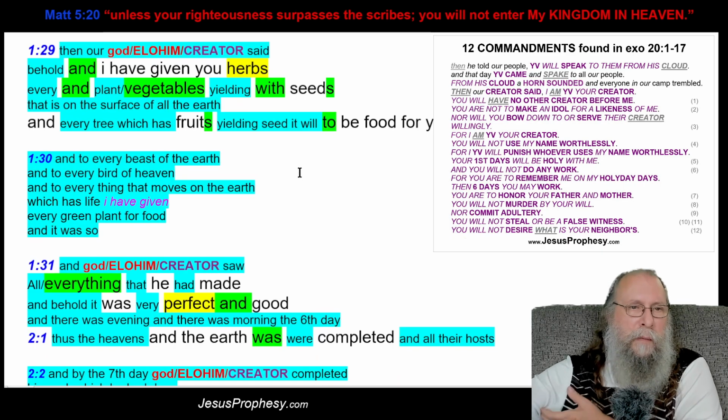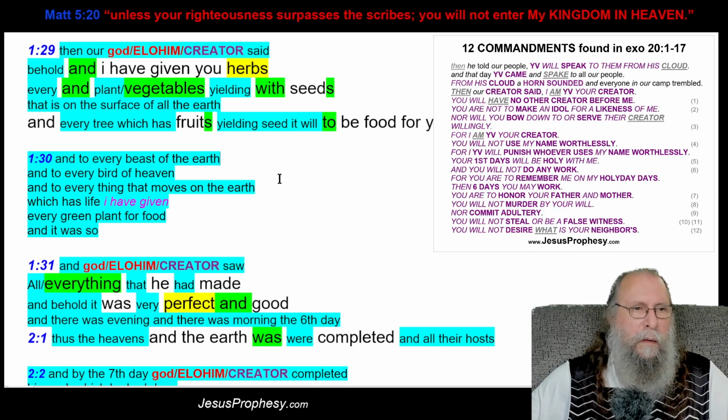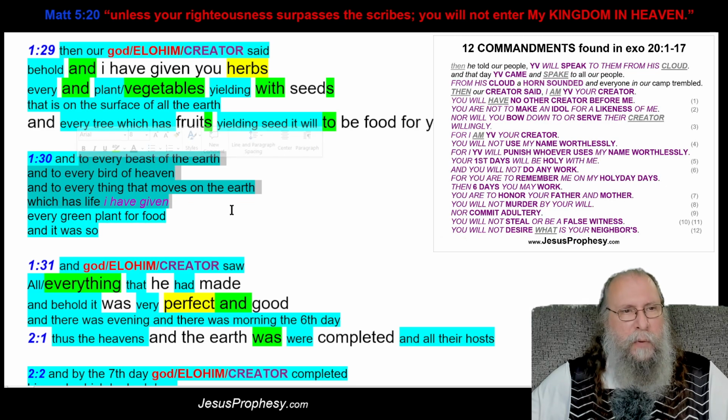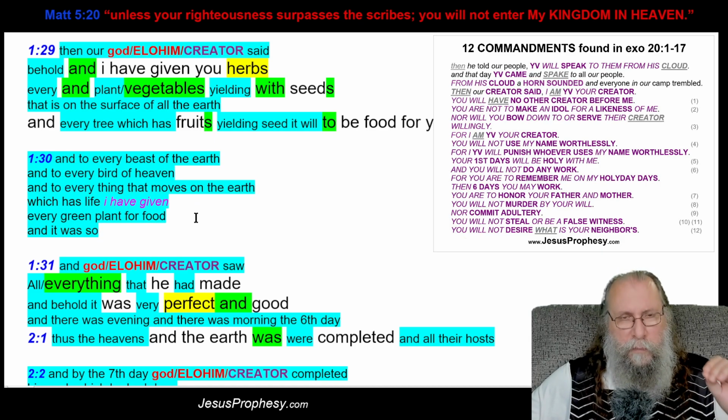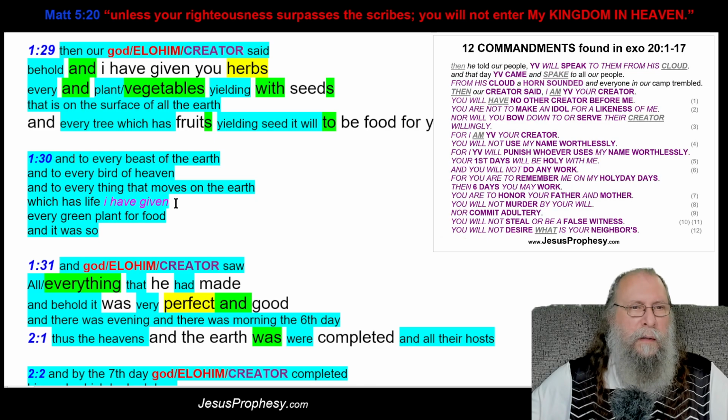Now, see up here it says everything, even a beast that moves. Well, it doesn't really say it. It's kind of like trying to keep to a vegetarian. But our Creator did not tell you to be a vegetarian, okay? The text